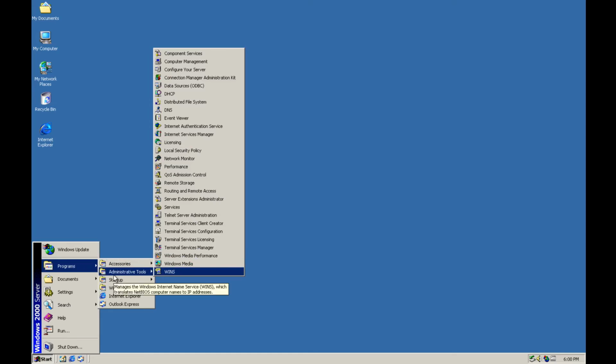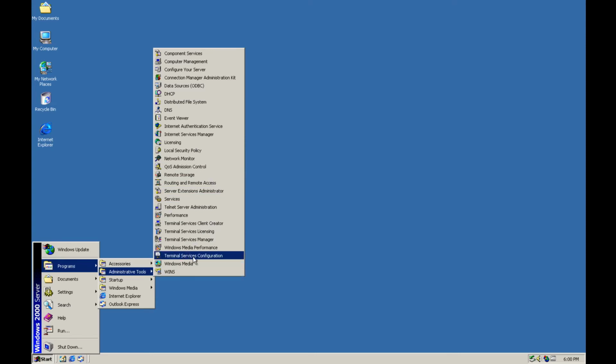As you can see, they have their own folder for administrative tools. As you can see, it's full. This alone is like a gigabyte in size. Well, I mean the whole thing is a gigabyte in size. So we have